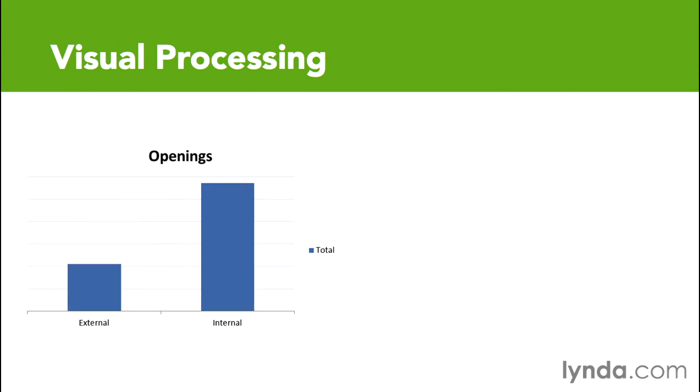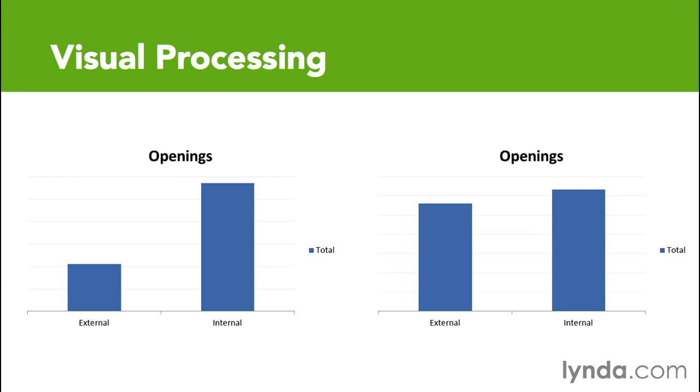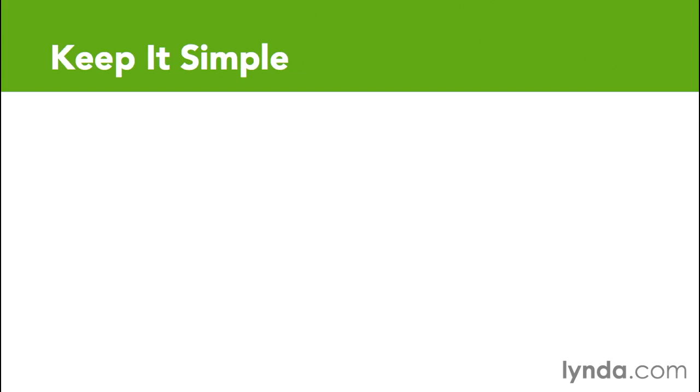So if we think about the charts that we looked at earlier around the differences in openings, part of why the scale matters so much is not just for the sake of honesty, but that it skews our internal sense of the data immediately. Without really any conscious thought, we start to automatically assign differences based on the heights of these two different charts. So to maximize the impact of our charts in Excel, we want to keep it simple.